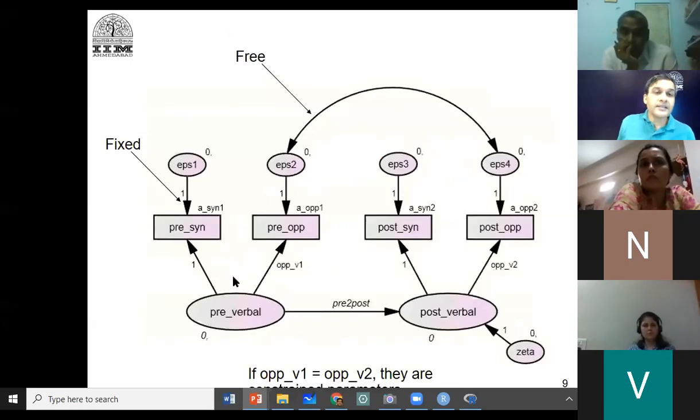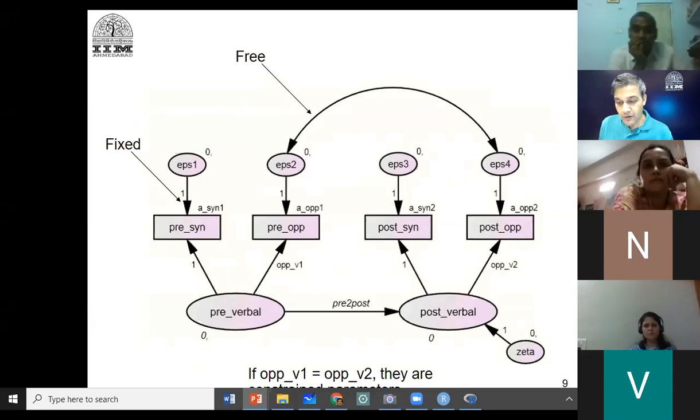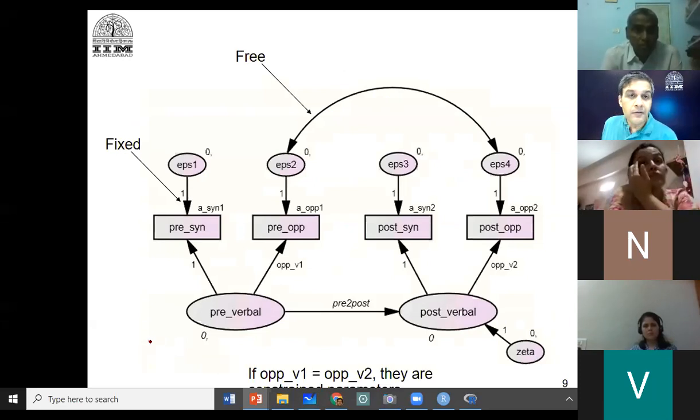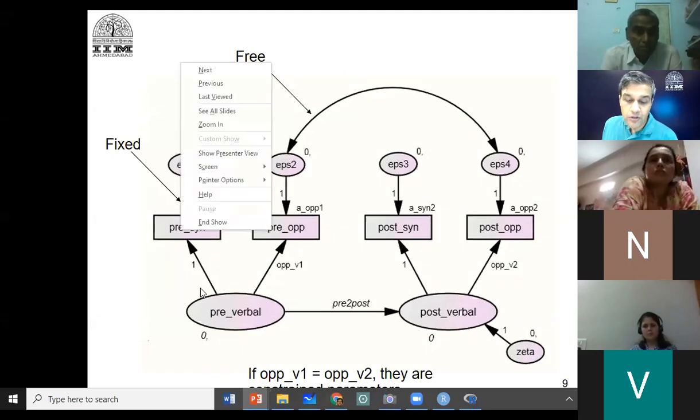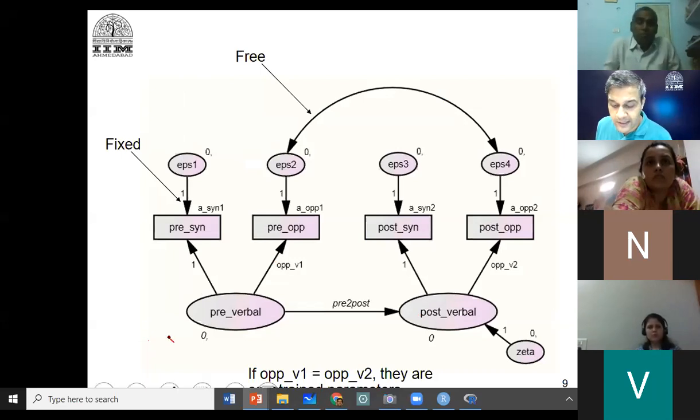Okay, so let us look at this model, and then we will do our first example of CFA. Now you see this is a confirmatory model. The first thing that we see is one item belongs to only one factor. Unlike exploratory factor analysis, where an item can load onto multiple factors, here there is one path going from one circle to the item.